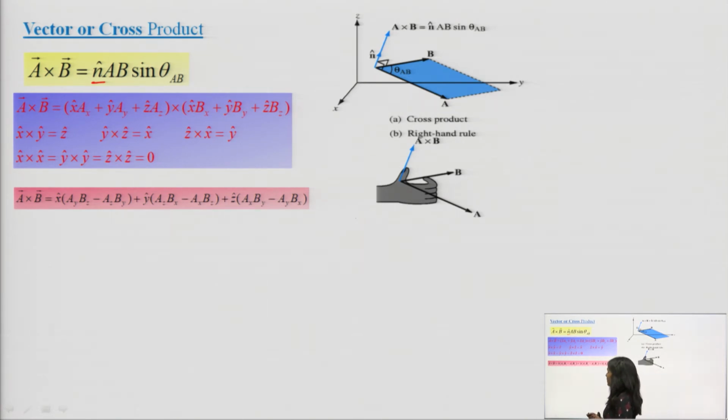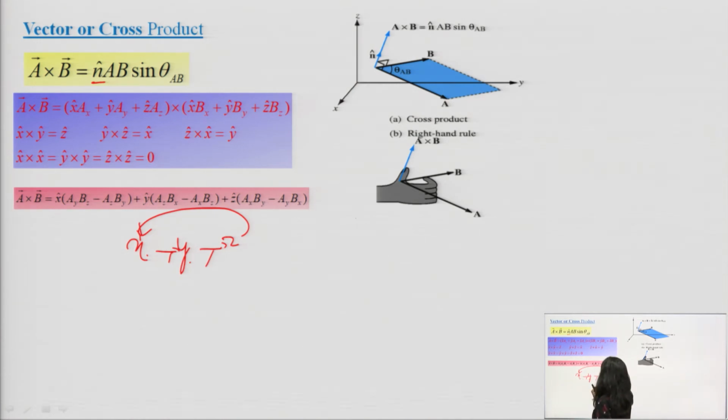So if there are two vectors A and B, then the cross product between them will appear like this. Among the three unit vectors x, y, z, the cross product results are shown here. Then x cross y will be equal to z, y cross z will be equal to x. It moves like this. However, if we proceed in the clockwise direction, then what will happen?